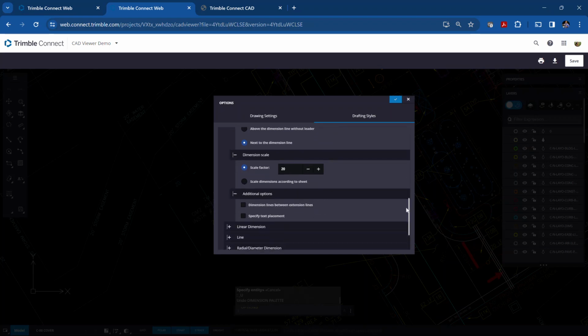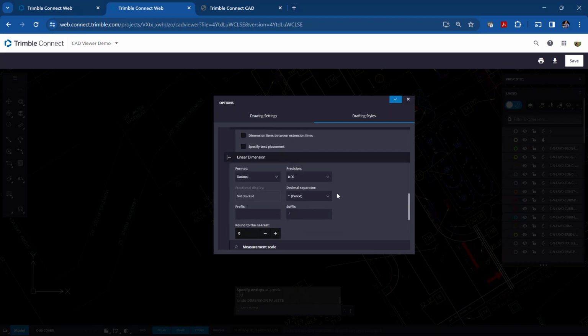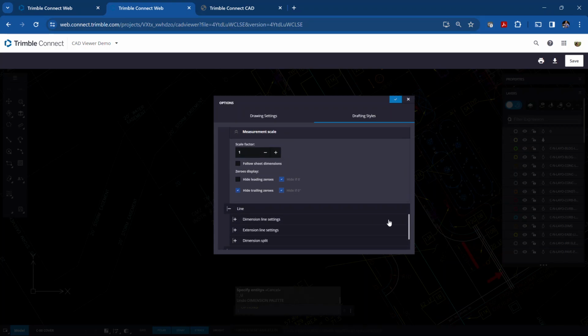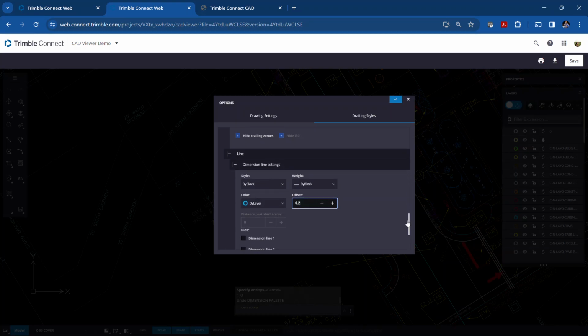Additional options, right? There are all kinds of options you can come in here. We're not going to spend a lot of time on these, just knowing that this is where they are, and this is something that you have to adjust and play with to get the look that you're looking for. So the line, those are the dimension line settings. And you can see the offset is 0.38, so maybe I want to make that 0.2. And then